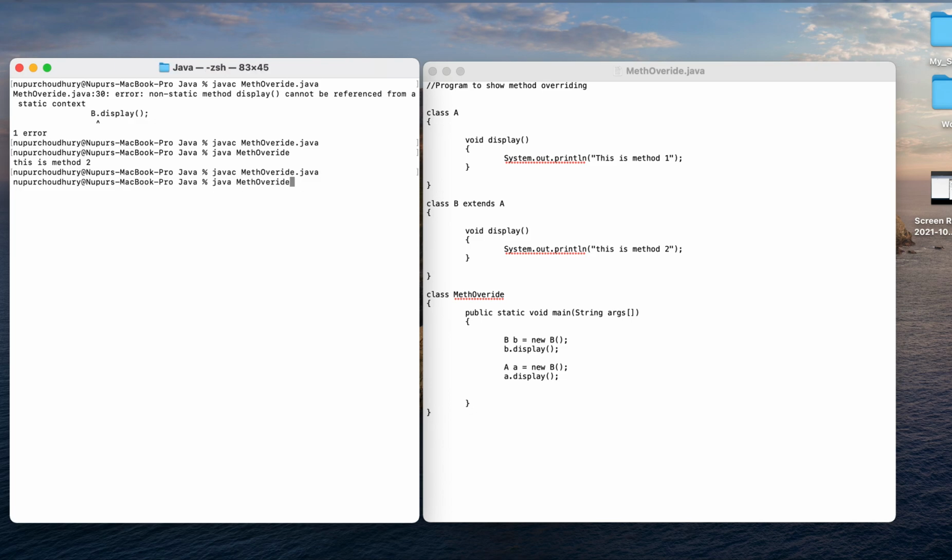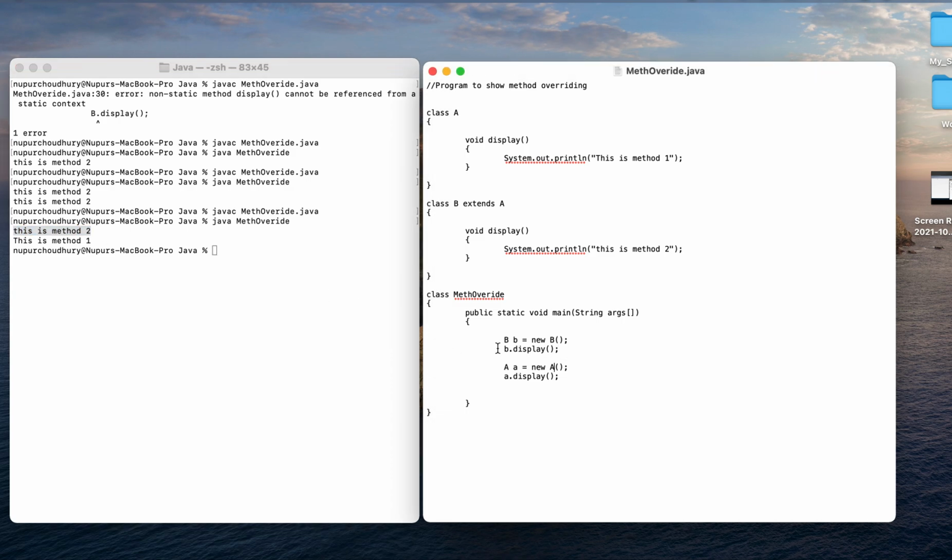Now this should return the correct output. This is method 2 initially because b.display is there, and again when I'm compiling and running this, I am getting method 1.